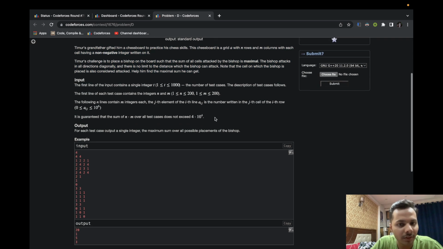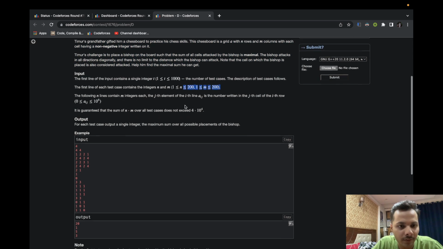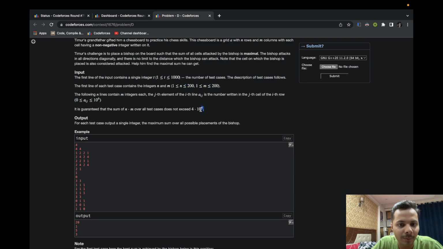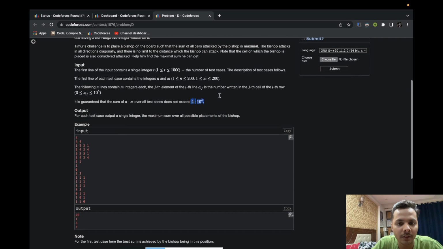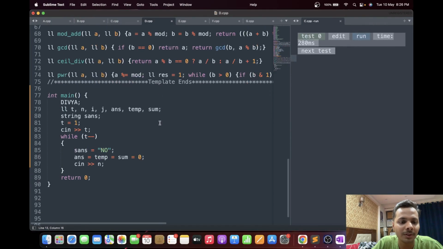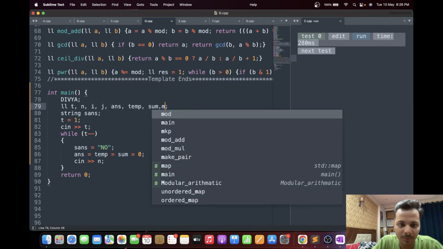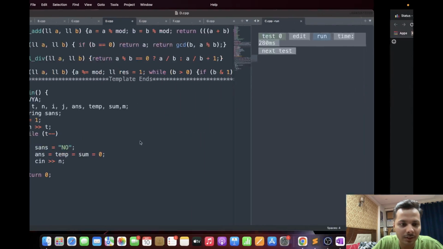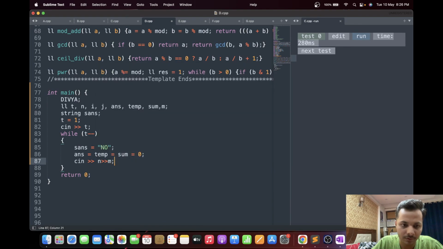Can we brute force our way here? Looks like we can. So the sum of nm is never exceeding 4 into 10 to the power 4, and then we can have a 200 there, right? Okay, although it's possible to do this without brute forcing it, but I don't really care here. So yeah.